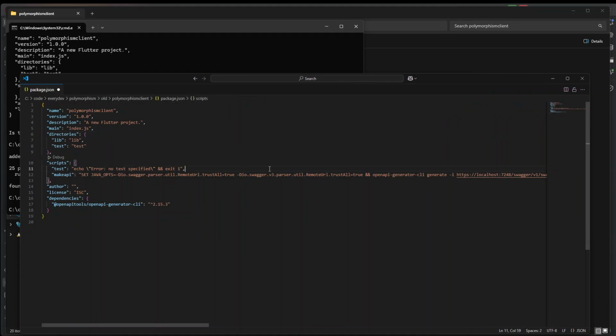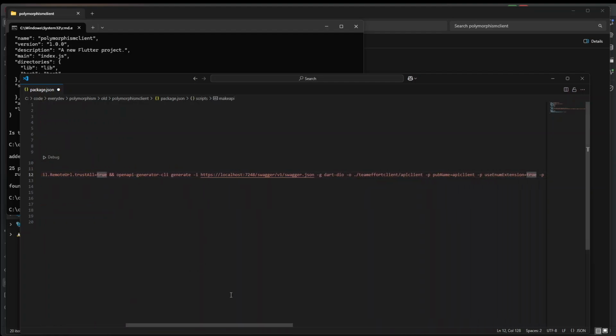Because a lot of API generation happens over HTTPS, but it's using a self-signed certificate, it can be a real pain to try and get Java to trust the HTTPS certificate, which is how OpenAPI works, and because OpenAPI uses Java, it's easier in my case for this application to essentially turn off SSL verification for self-signed certificates. So we see here Java options. All I'm doing is saying for this particular execution to trust certificates here, and also configuring a different function. And then when that's done, I then call the OpenAPI generator to generate the client code, and I'll just have